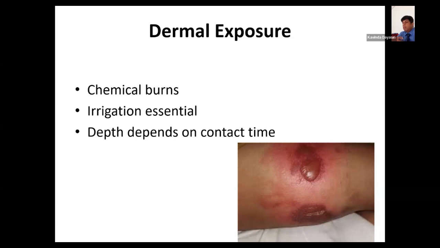Irrigate immediately, otherwise it will lead to corneal scarring as well. You continue until the pH of the fluid is neutral. So it needs a long irrigation. As long as the pH is in the high range, you need to rinse it with water, and urgent